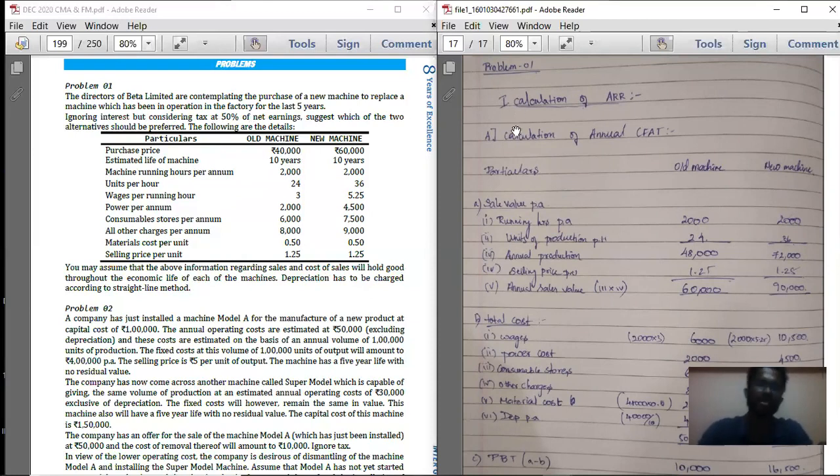So come to the notes. Put the heading Problem number 1. Statement number 1, calculation of ARR, which is accounting rate of return. Below that, capital A, calculation of annual CFAT. For ARR,